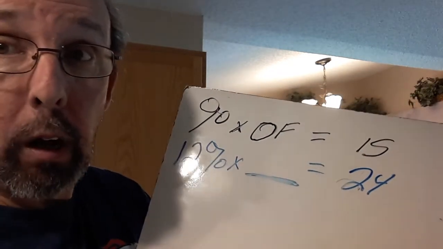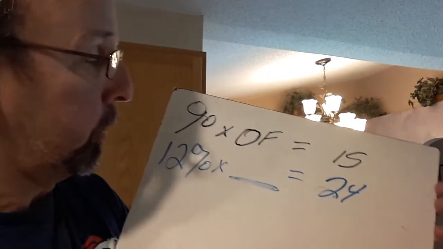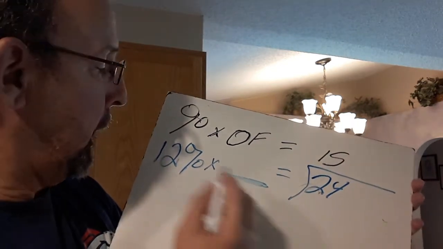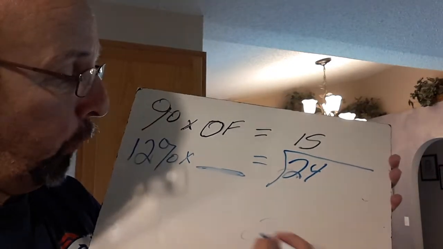They're looking for the of. So, if that's the case, I'm going to take 24, I'm going to divide it by 12%, which is